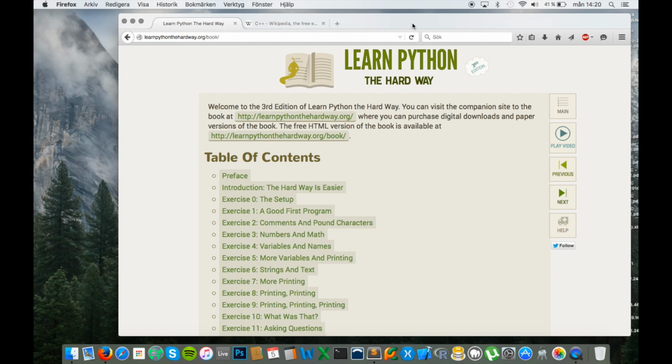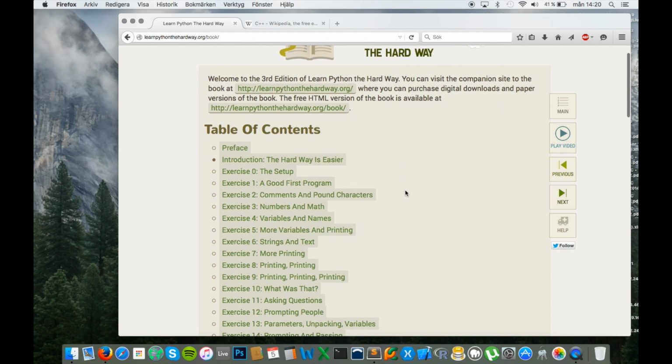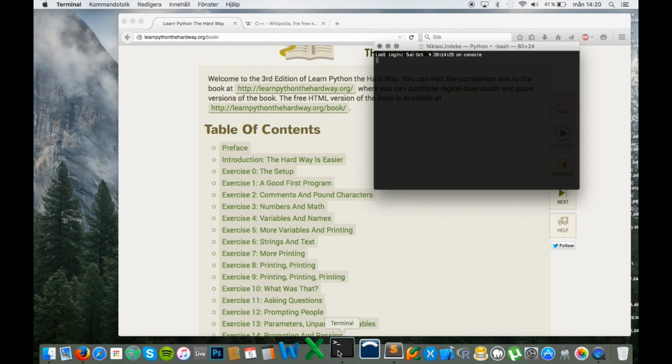And we can start off by just showing you the first stuff. So the setup. If you have a Mac, as I do, the Python compiler is already installed on your computer.